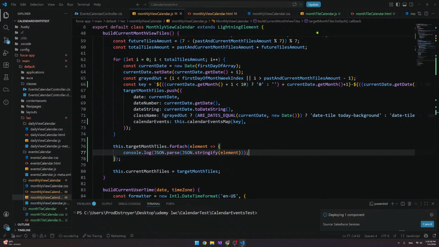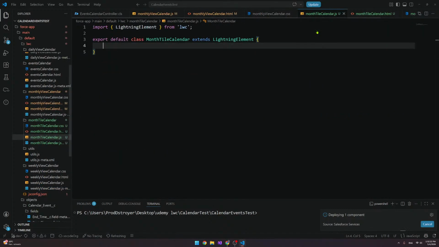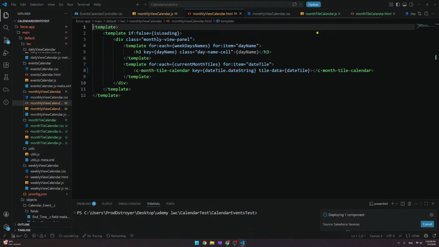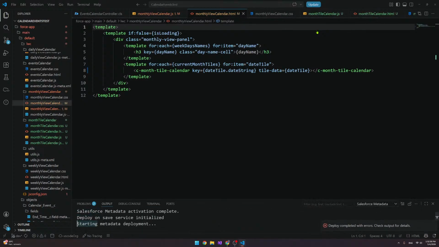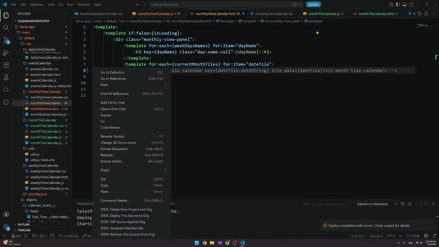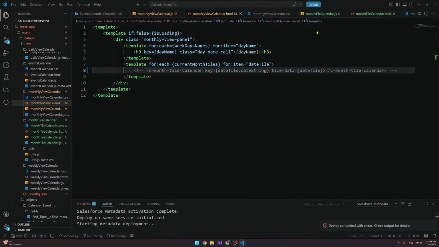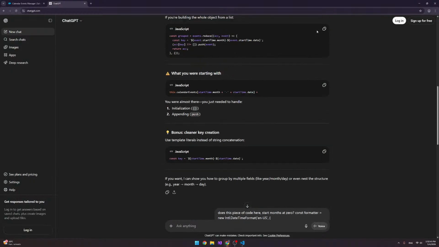Oh no, this is going to be a problem because this component is going to fail the deployment since I don't have theme. But I could just comment this out. I don't care about the UI right now. It's going to be broken. What I care about is the